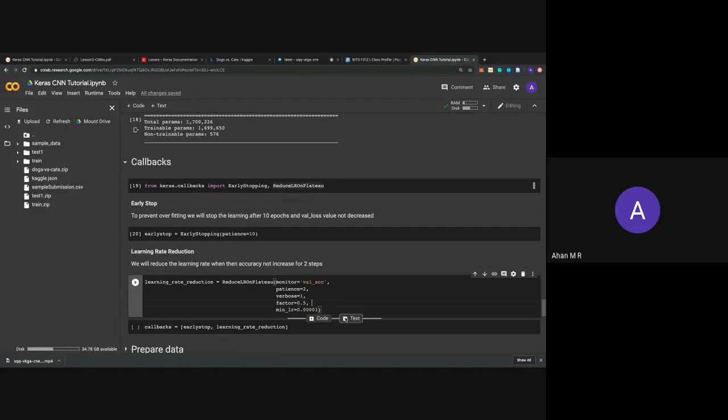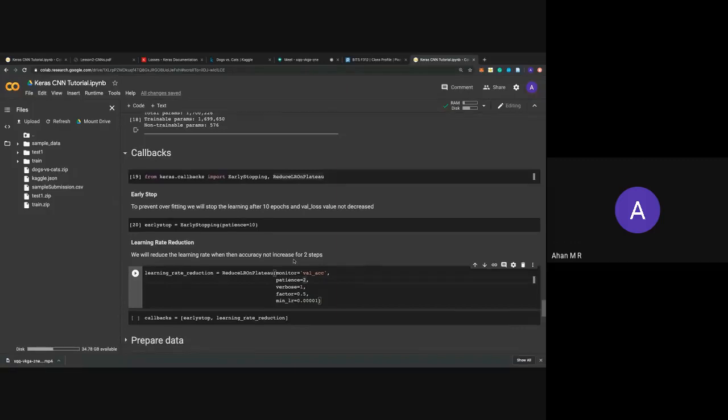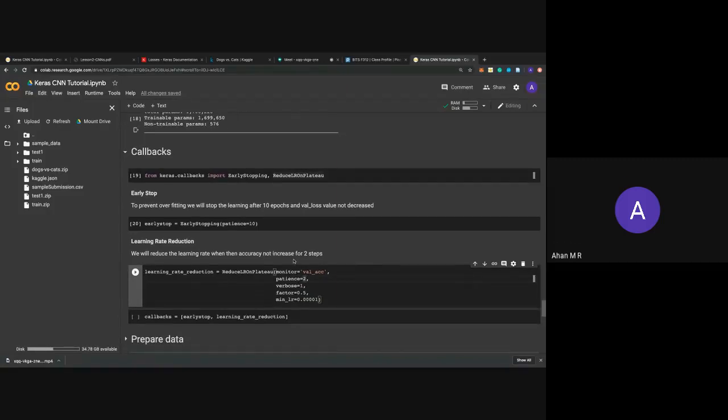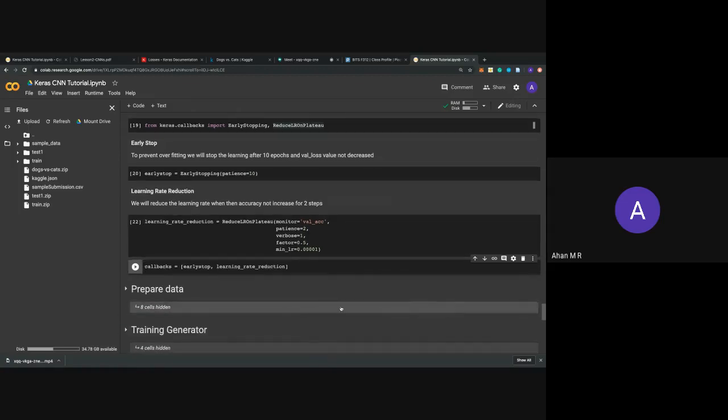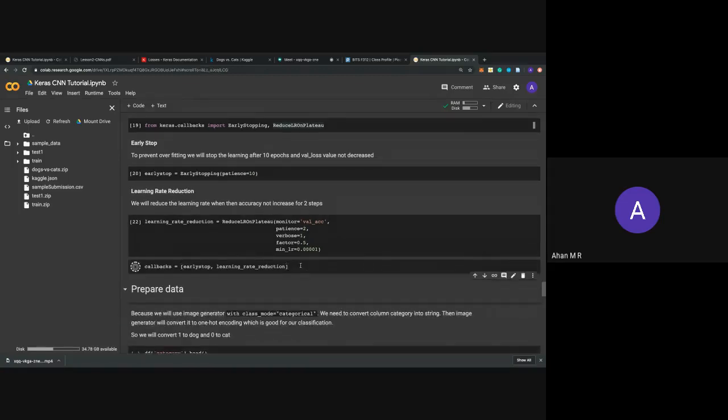So it's better to have a patience level, that is after 2 steps, if my accuracy is not increasing or my loss is not decreasing, you can use this function ReduceLROnPlateau, which will reduce the learning rate every time your loss is not really changing. So we use that as well. I'm just introducing you to newer things so that you can explore them during the labs.